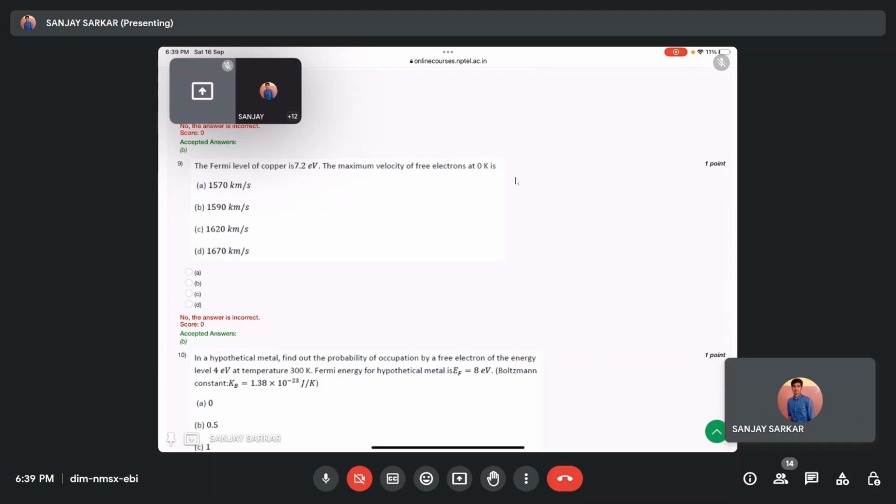Sir, ninth one? Okay, so what I was getting is 1581, that is 1581 kilometer per second. So options A and B both are close to it, but they have chosen option B. Option B is the closest one, so I think option B is correct. But